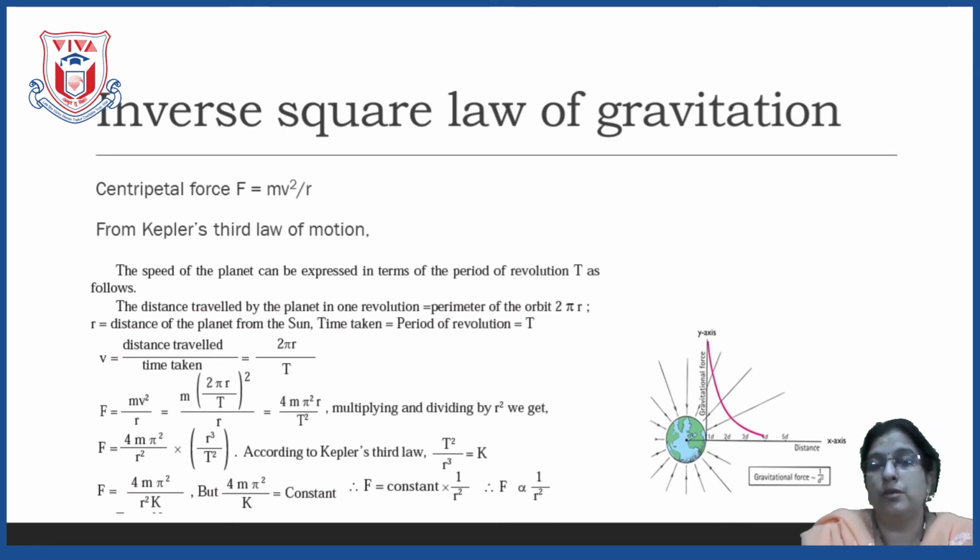This is Newton's law of gravitation, and this was proved from Kepler's third law, that is, the time taken by the planet to revolve around the sun is directly proportional to the cube of the mean distance between the sun and the planet, that is, T square is directly proportional to r cube. So here it has been proved from that mathematical equation. So let us see how it is proved.